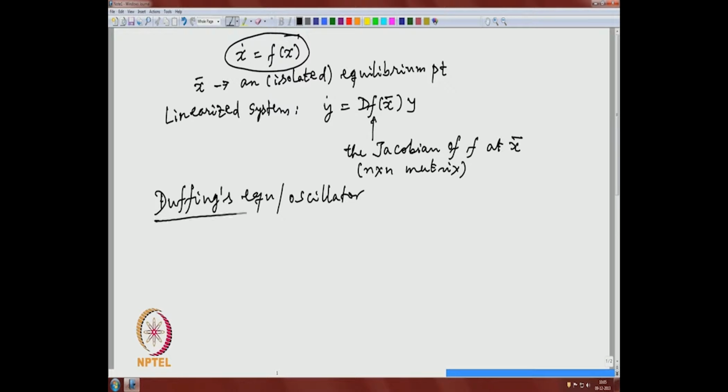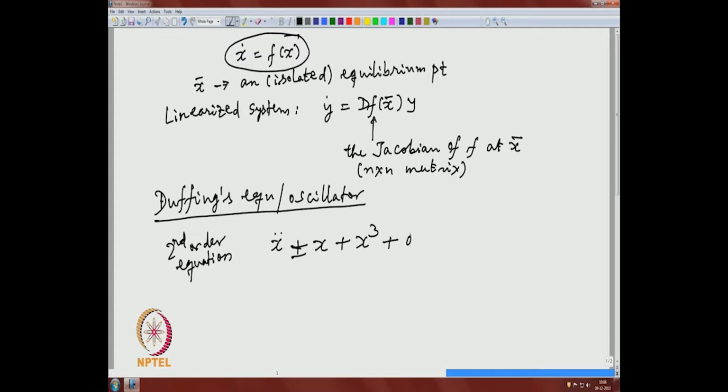After some simplification we reduce the equation with many parameters to only one parameter. This is a second order equation, x double dot, where x is a real valued function,